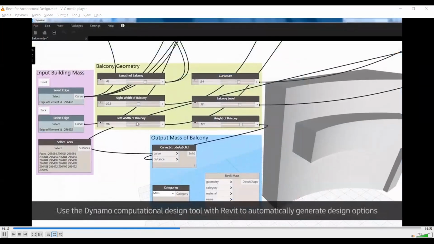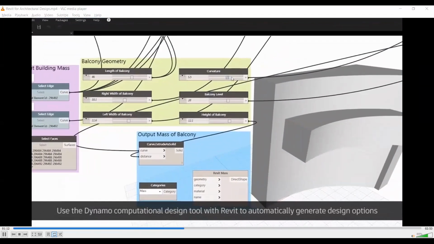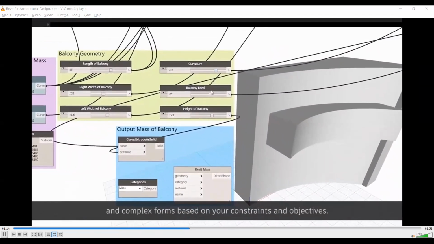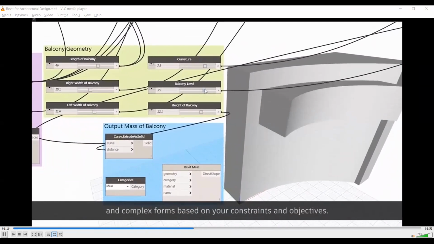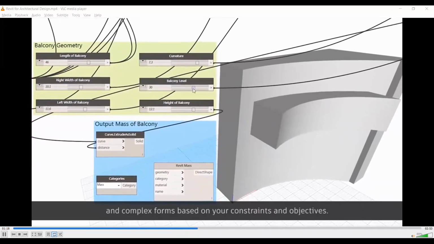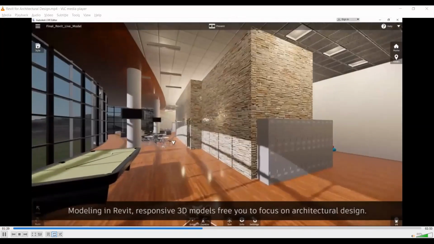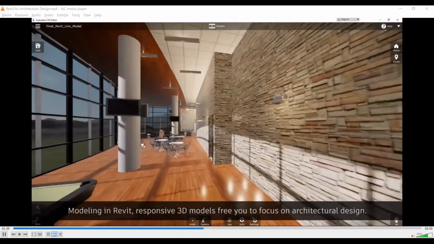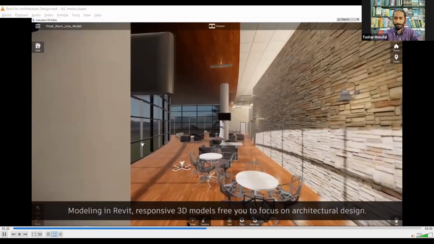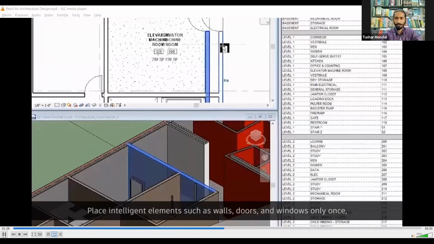Use the Dynamo computational design tool with Revit to automatically generate design options and complex forms based on your constraints and objectives. Modeling in Revit, responsive 3D models free you to focus on architectural design. Add architectural elements to the building model. Place intelligent elements such as walls,